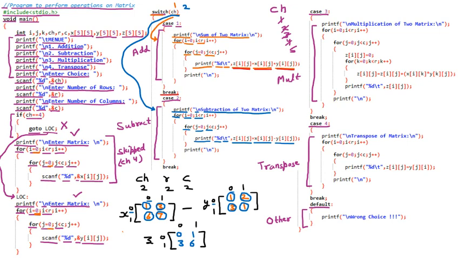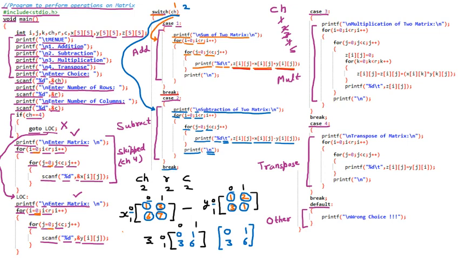Now you have seen that printf slash n is always applied. The reason is that after printing one row, it goes to the next line. Just like you see, there is a tab space provided, that means 0, afterward a tab space 1, then new line, it will be 3, again a tab space 6. So your answer will be like this. It will be the representation of a proper matrix. So to make the answer into a proper matrix, slash t and slash n are applied, and break. So afterward the program is over.